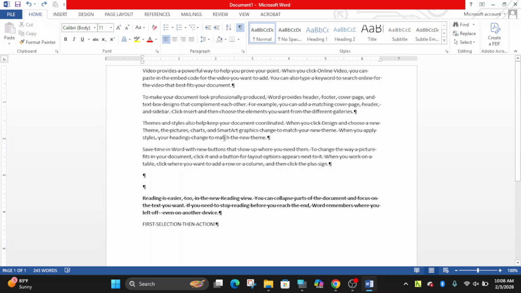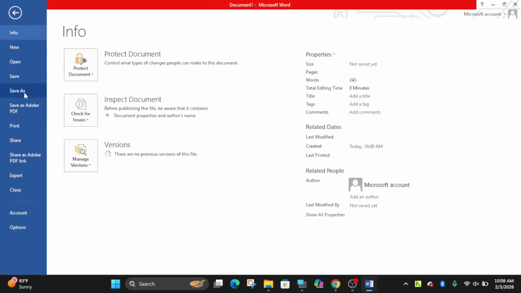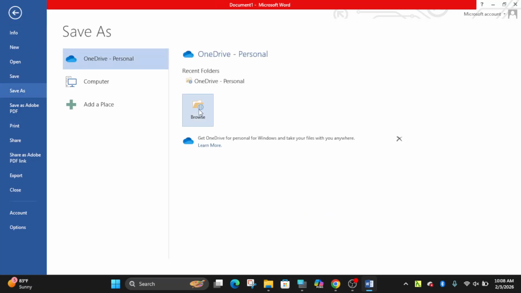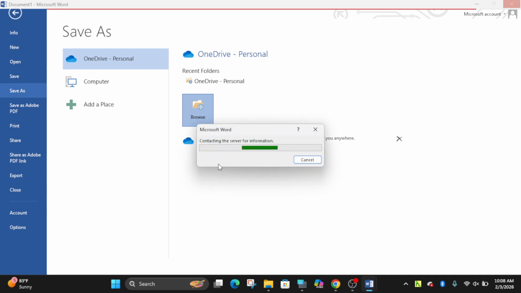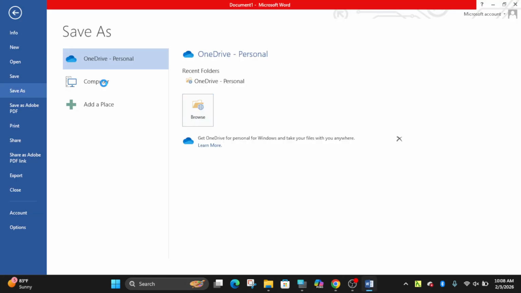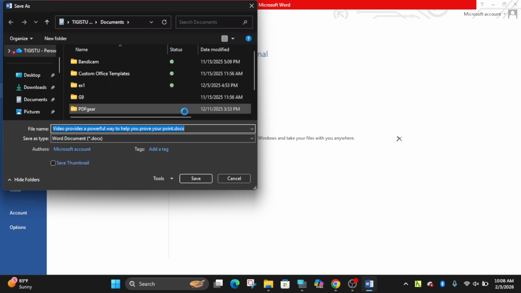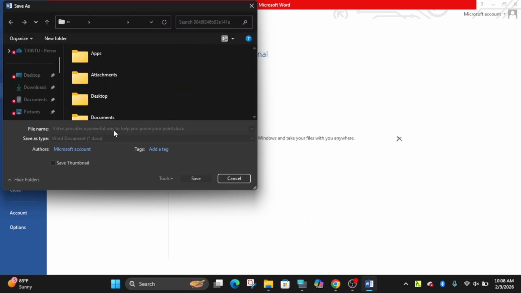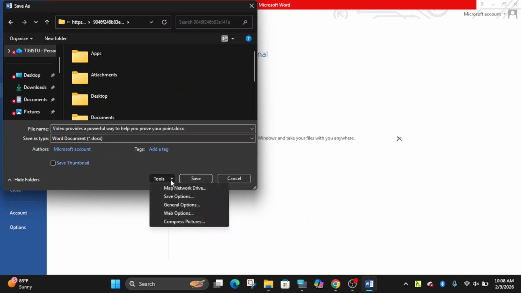You can also use a password. Save as, browse. You can also give a security key. Here under Tools, General Options.